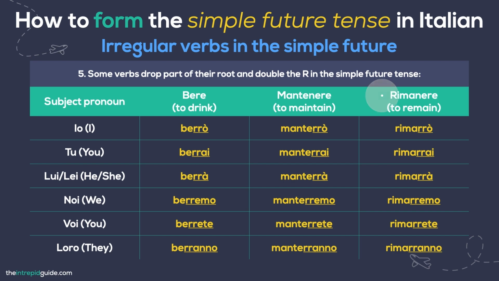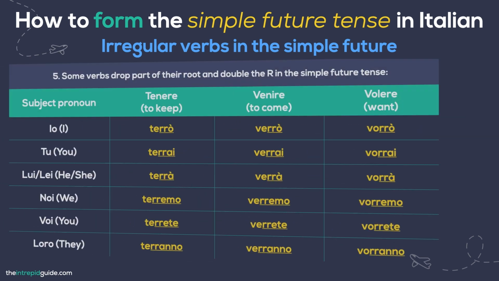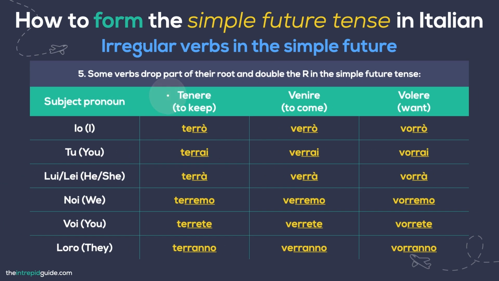Rimanere, to remain: rimarrò, rimarrai, rimarrà, rimarremo, rimarrete, rimarranno. Tenere, to keep: terrò, terrai, terrà, terremo, terrete, terranno. Venire, to come: